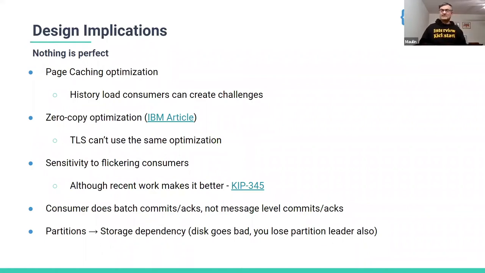You need to understand that there is a limitation and explore avenues to optimize for it. The other part is sensitivity to the flickering consumers, which is basically how we talked about consumer rebalancing, right? As soon as the consumer even gets restarted, it becomes unstable, and then it needs to say, hey, rebalance. There is recent work that has been done, because this could be really detrimental in case of, like, a Kubernetes deployment, where a pod keeps coming up and going down, coming up and going down all the time. And that really destabilizes the cluster.